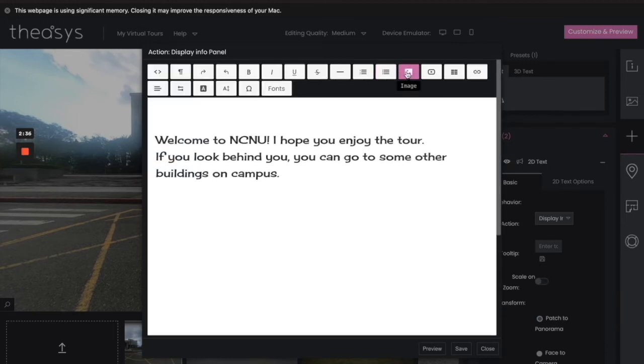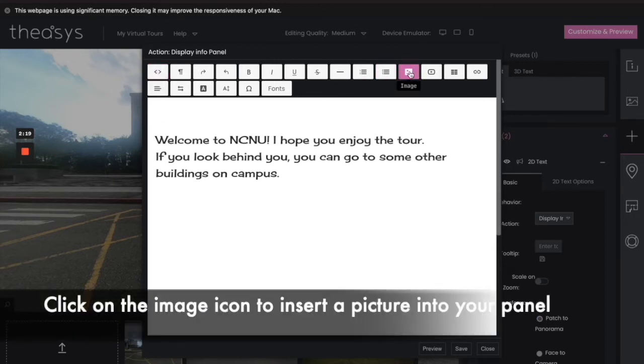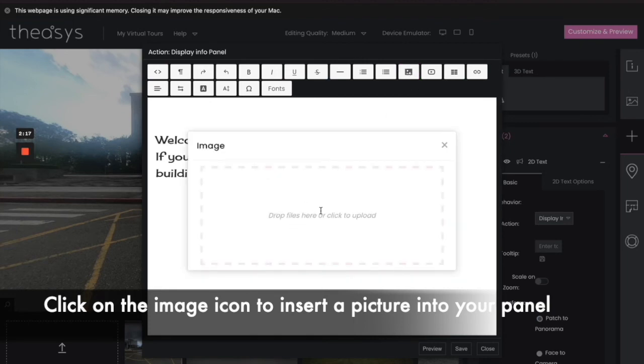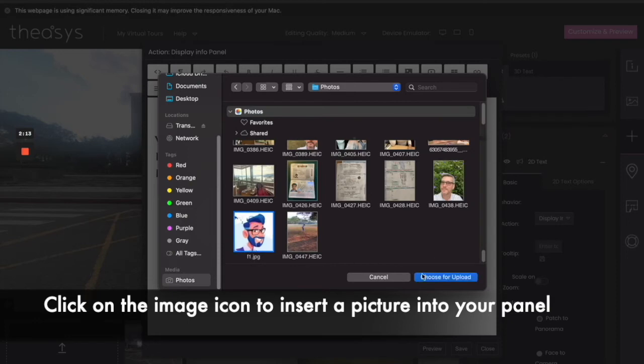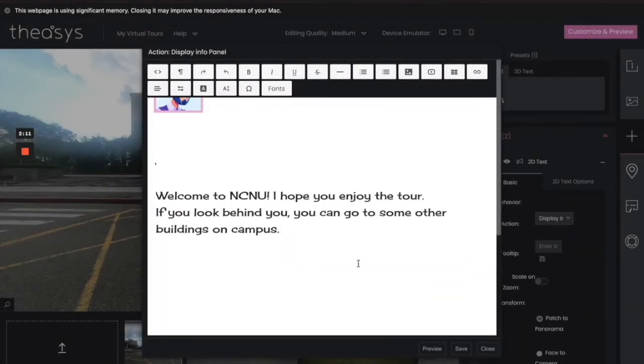You can add an image, video, a table, for example, if you have a schedule, links to outside resources, just about everything here, all right? If you do know any HTML programming, you can click on here and type directly, but you really don't need to know it for this. So I think we should add a little picture here, just to give you an idea of what it can do. So let's go ahead and scroll down. We'll click on, oh, there we go, and we'll add that one, okay?